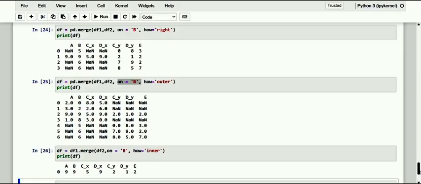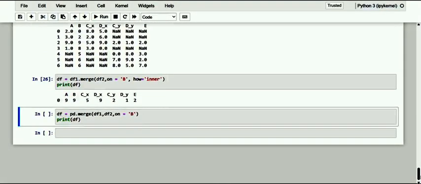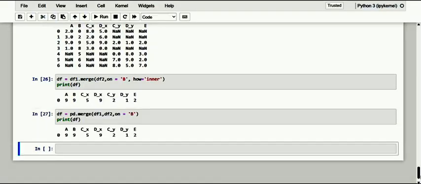And dear friends, the inner logic is the default of the merge method and may not even be explicitly expressed with the how parameter.